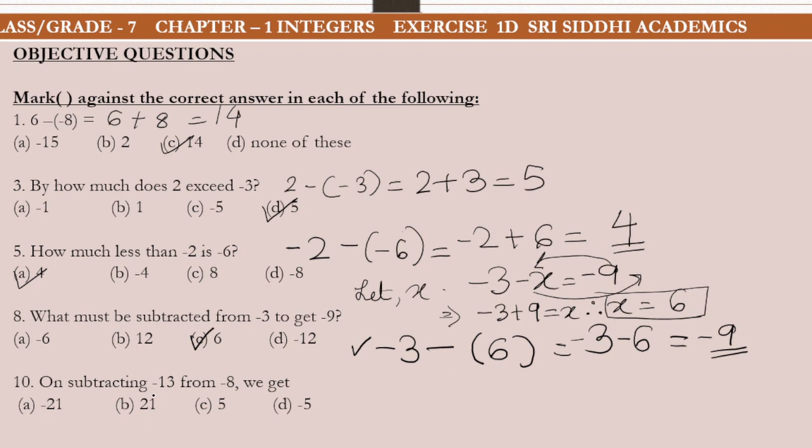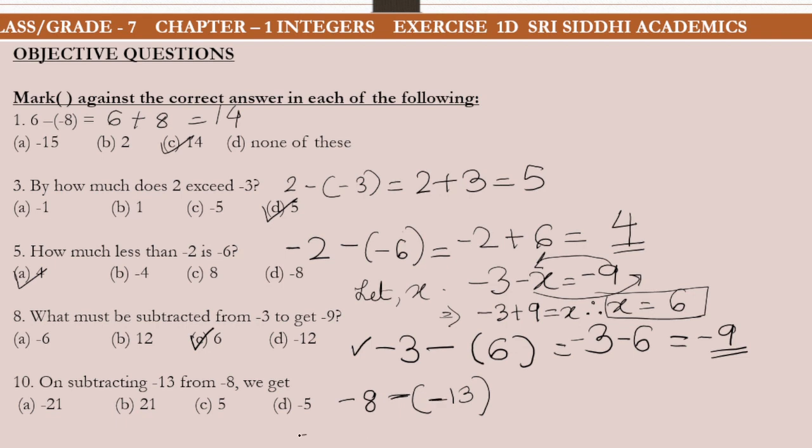Now I'm going to question number 10. On subtracting minus 13 from minus 8, what do we get? So here we need to do subtraction. What will come first? Definitely minus 8, because the question is saying subtracting minus 13 from minus 8. So minus of minus 13 we will write. Because of subtraction, this minus is for subtraction, and this minus here inside the bracket is for the negative integer minus